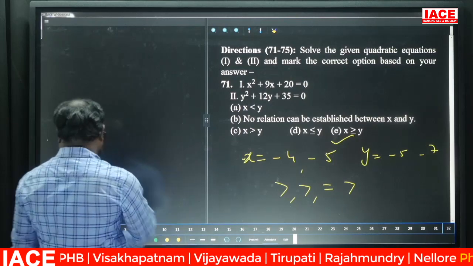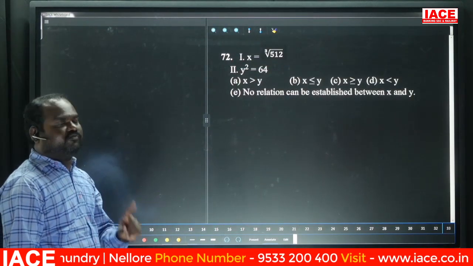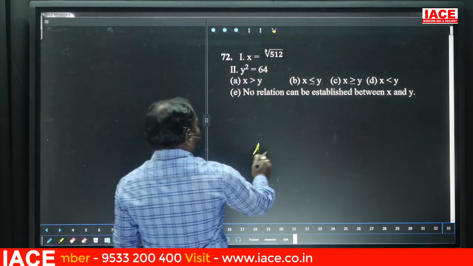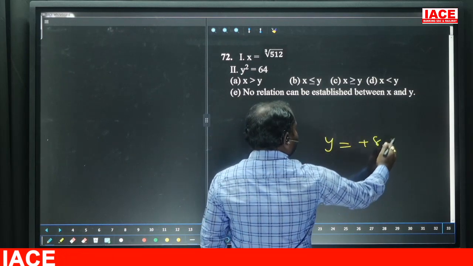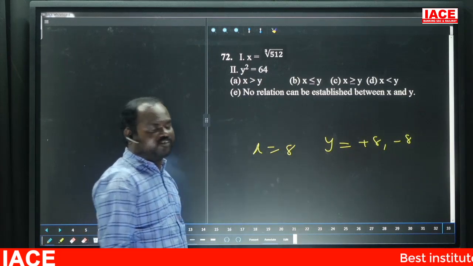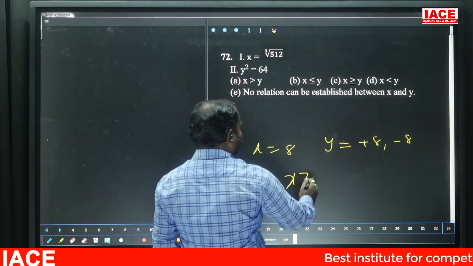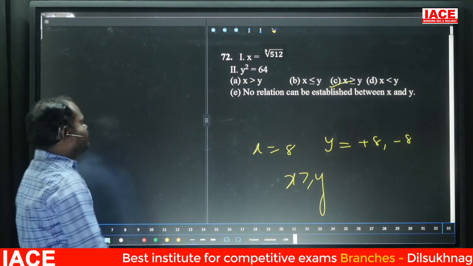Next, cubed root, it's not square root. Cubed root of 512 is nothing but x equals 8. Here square, so y equals plus or minus 8. Whenever plus, both are equal; whenever minus, it is greater. So x is greater than or equal to y. Option C. Next,